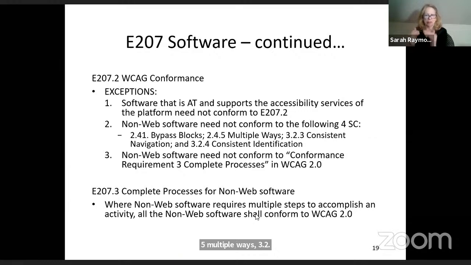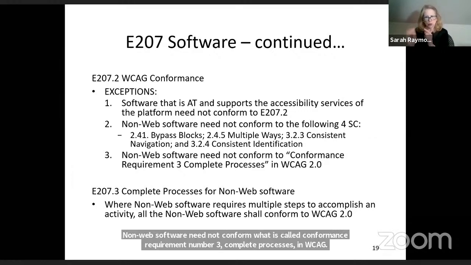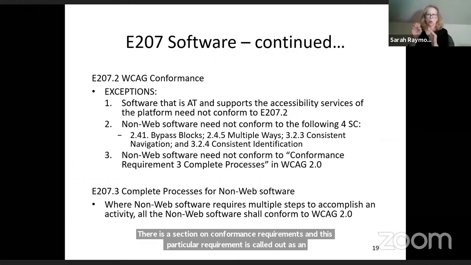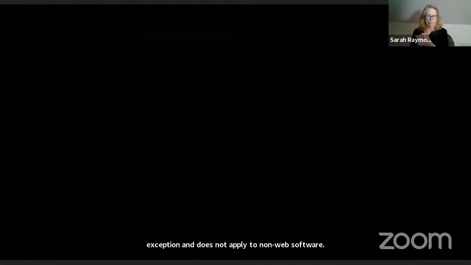Non-web software finally need not conform to what is called conformance requirement number 3, complete processes in WCAG. In the WCAG success criteria and provisions, there is a section on conformance requirements, and this particular requirement is called out as an exception and does not apply to non-web software. Finally, you have